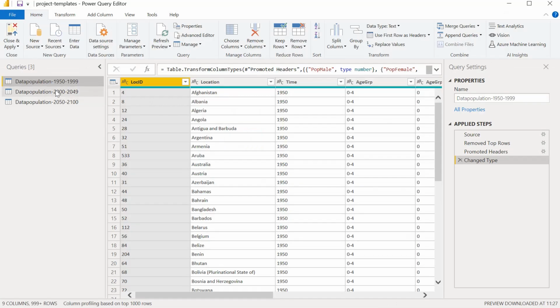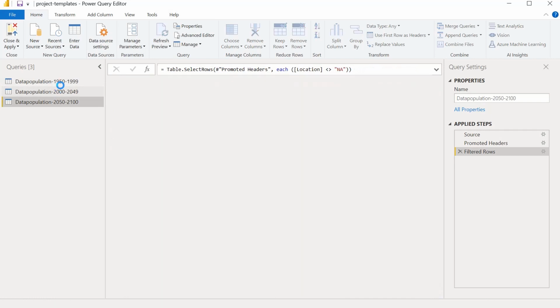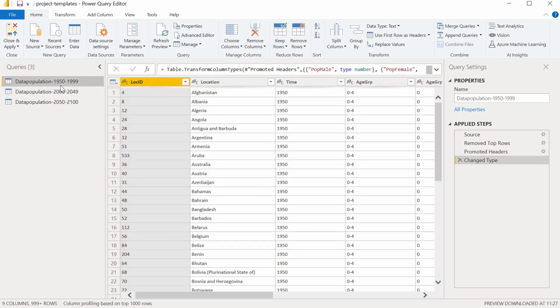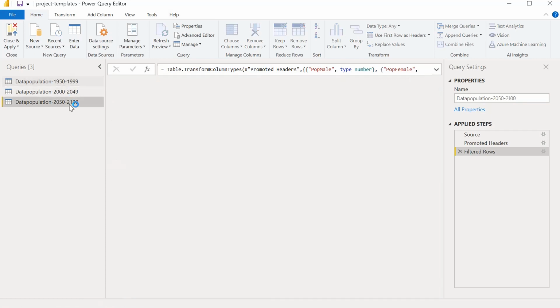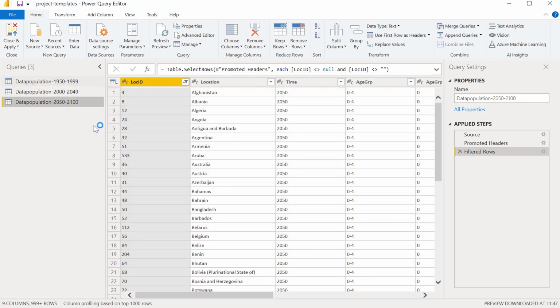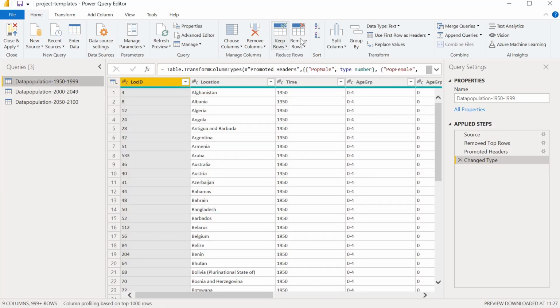Now we already have three queries which we have created in our query editor interface, where it is population from 1950 to 2100. We will append these three tables into one. Just click on the first table, and in the home ribbon you have the option append queries.